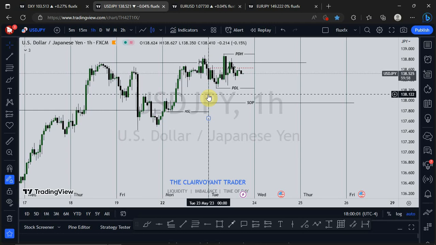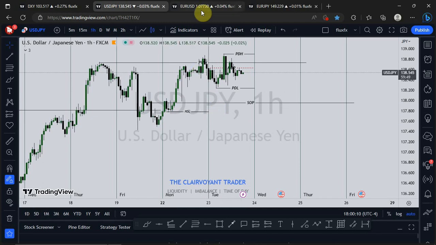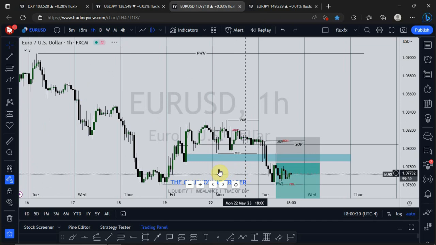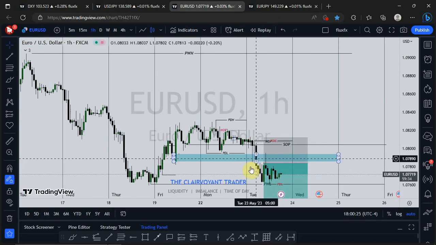All right, based on the price action, then I take my decision as to what I should do. So that is just that for USD/JPY. Let's look at what is happening on EURUSD. For EURUSD, if you're in my community, you should be in this trade because I posted it